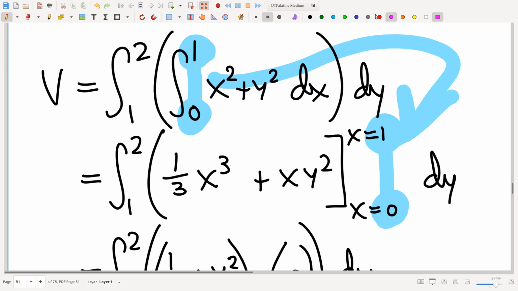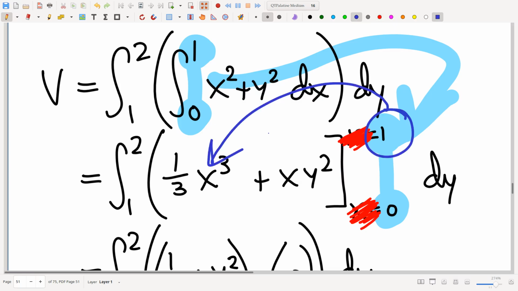My little hack, trick, I like to write x equals in recognition that these are values of x specifically. And the reason I do that is otherwise, let's suppose that this isn't there and this isn't there. You could imagine yourself taking this value 1 and you plug it in, and you might accidentally plug it in there for y,